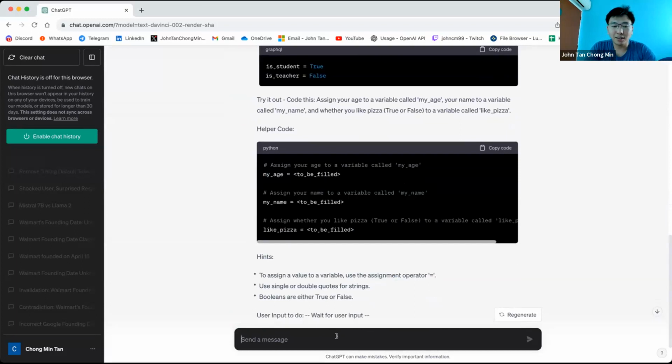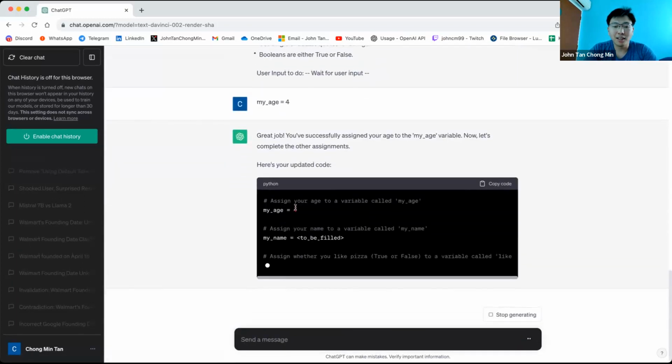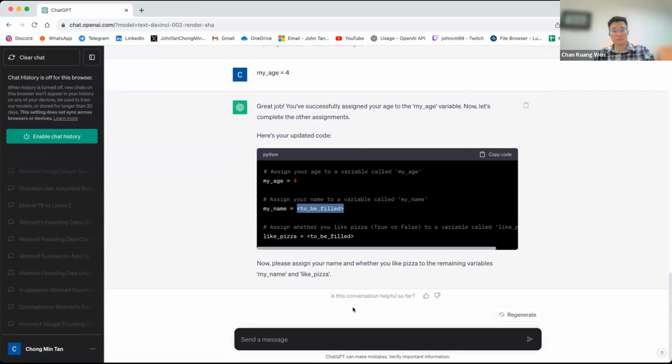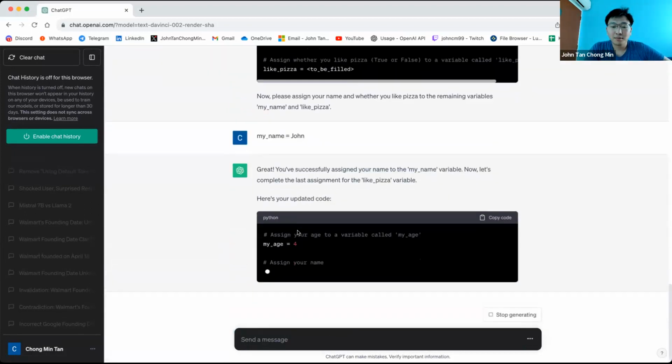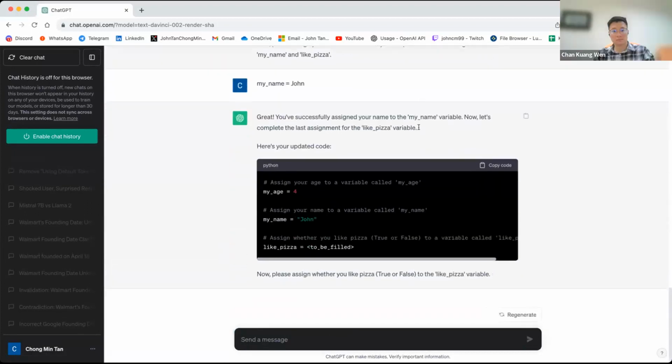So you have to key in stuff, like my age equals maybe 4. All right. And then we can see what happened. You key in this one, and then you fill in this one here. So let's try something differently. Like my name, I don't use the quotes, because you also use quotation marks, right? So over here, okay, it didn't do that well. So I would say, hey, you keyed in wrongly. So sometimes it works, sometimes it doesn't. But you can see over here it is updated.